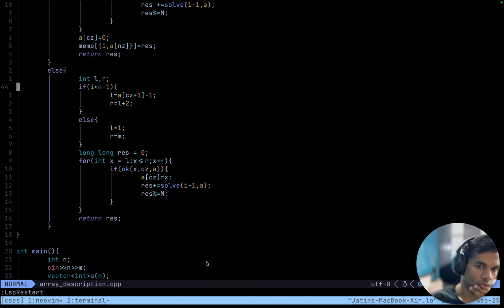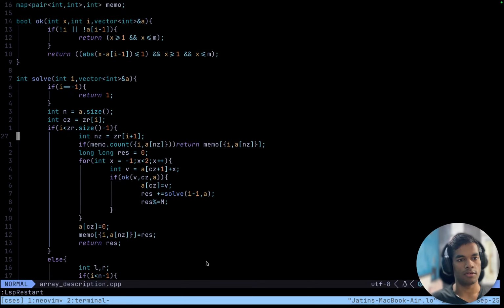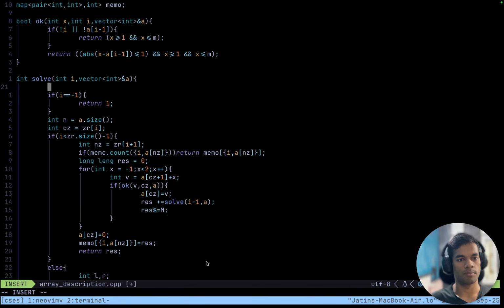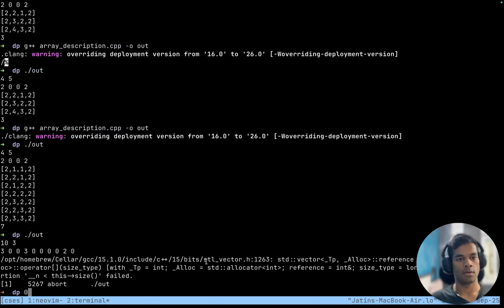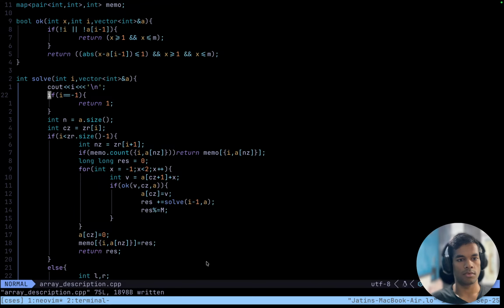If something is wrong with one of the vectors somehow, let's use some print statements and see till which point things are going fine. g++ array dot slash. Okay,